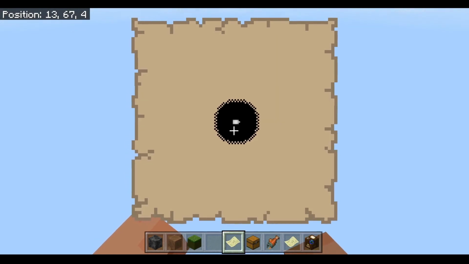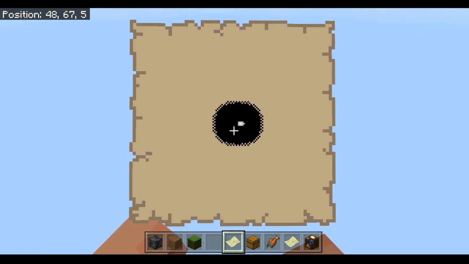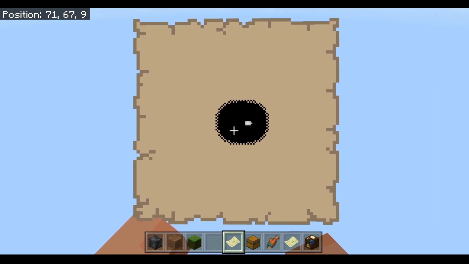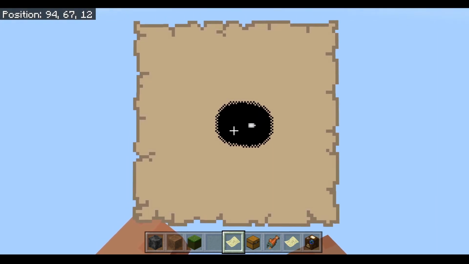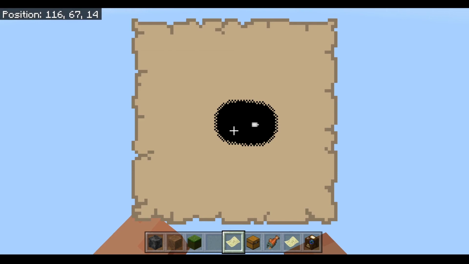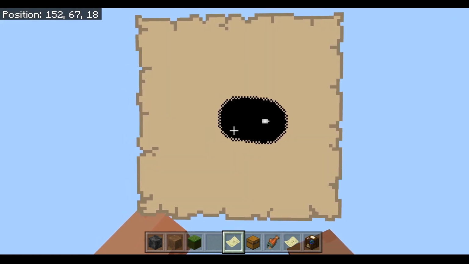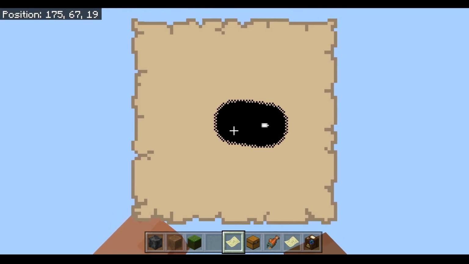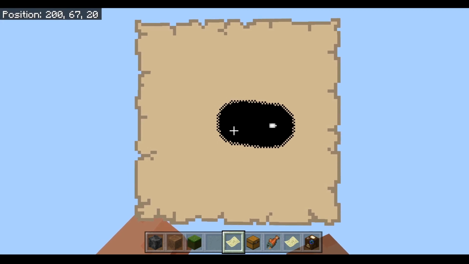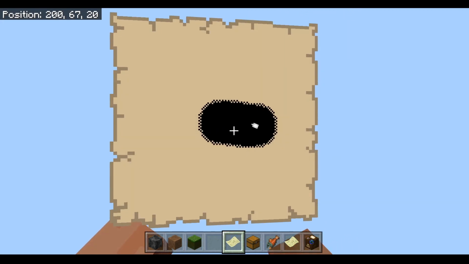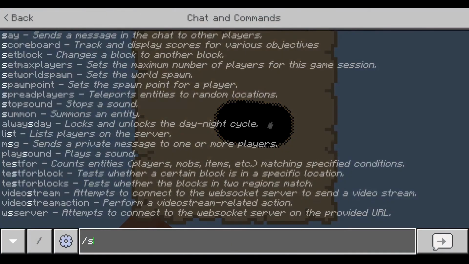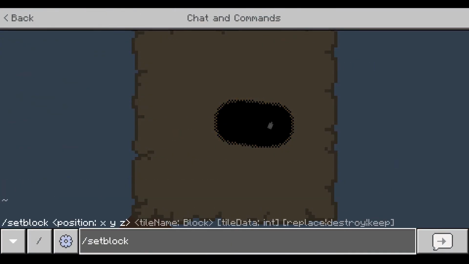Okay, so if we go off in this direction, we're going to set up the first building for today, and that is going to be just a concept at the moment, and we will design it at a much later stage. But let's say if we go 150, okay, that's about 200 blocks away. So if I use the setblock command and I do it from my current location,